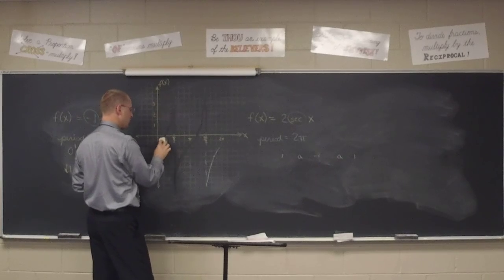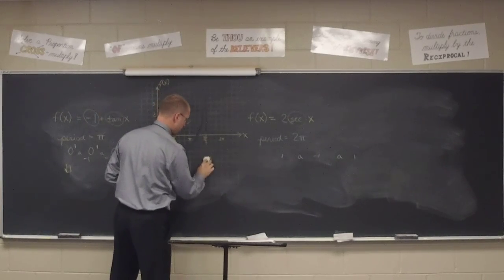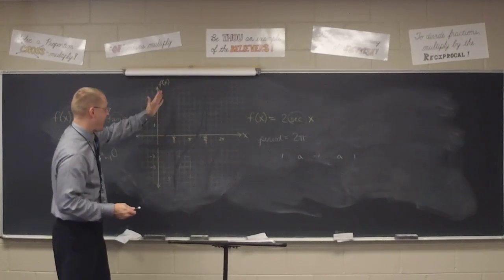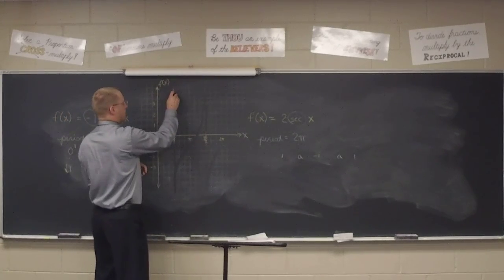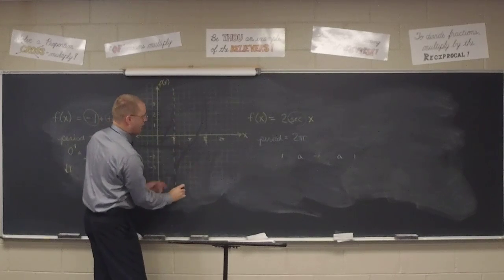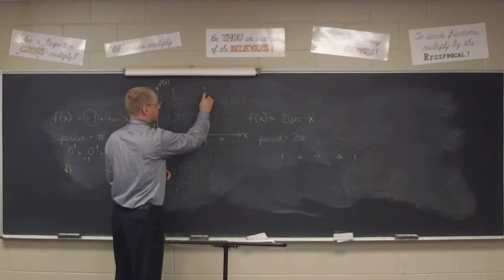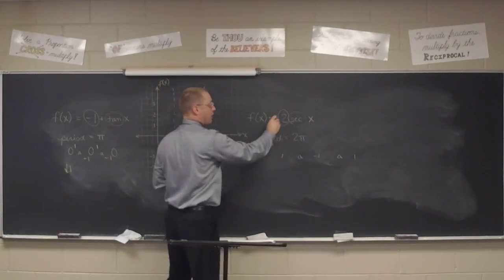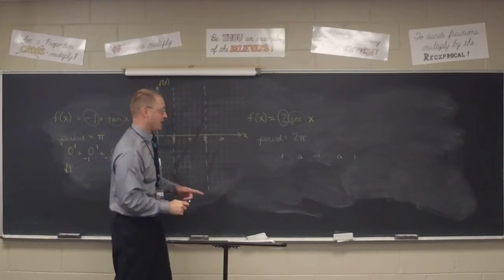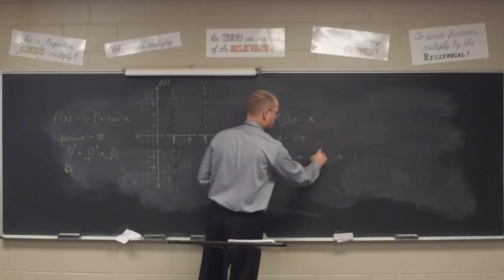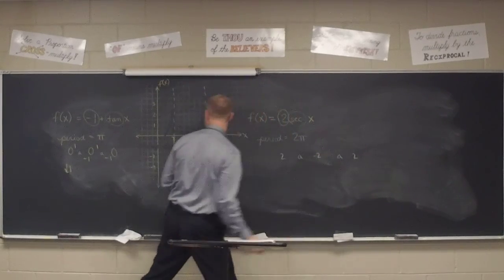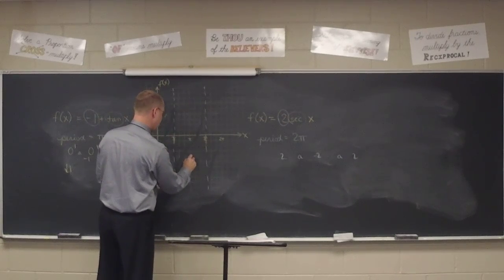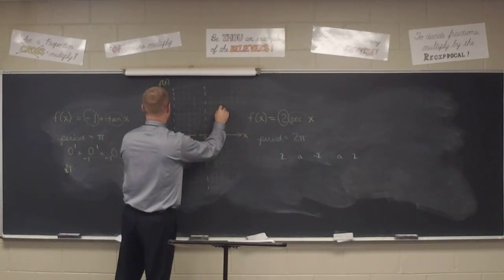With the 2 right before, right? Mm-hmm. All right, so if we're plotting our key points, we'd have the 1, then the asymptote here, which I guess means we could have just used the same asymptote and erased. Then the next -1, then the asymptote, and then back to 1. But we're going to stretch everything out to an amplitude of 2, as Ethan points out. So instead of starting at 1, it'll be 2, asymptote, -2, asymptote, 2. So starting here at 2, then the asymptote, then at -2, then the asymptote, and then back at